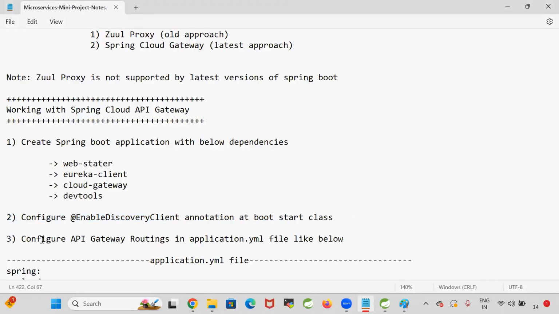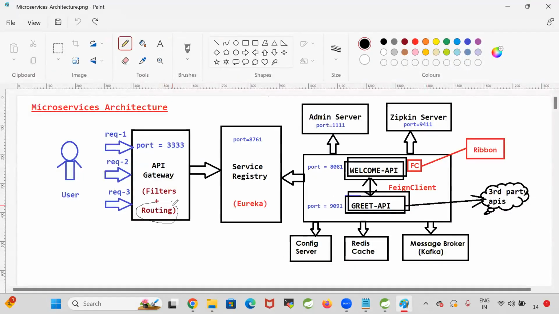Then the most important thing is to configure API gateway routings in the YML file. So I told you routings are required. What is the meaning of routing? Guys, can you tell me what is the meaning of routing? Can anyone tell me what is the meaning of routing? Navigating the request from one application to another application. Here, in the routing means